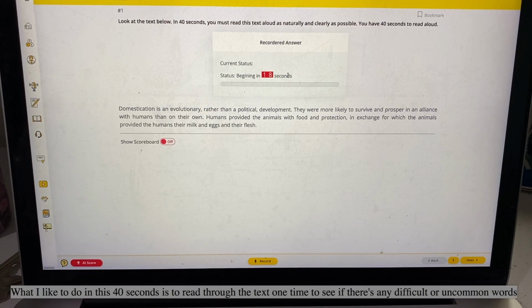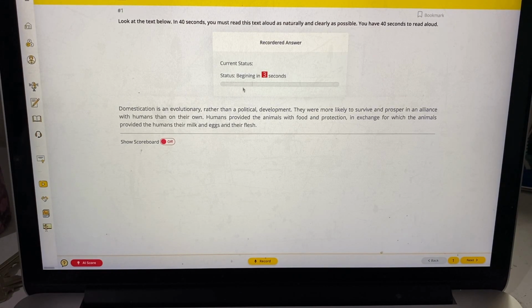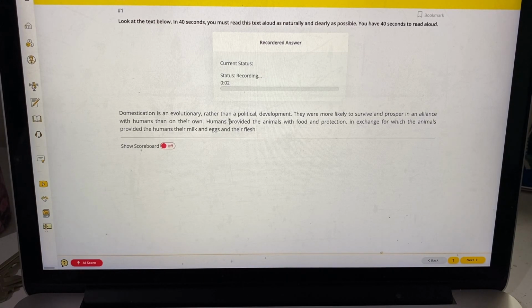So what I like to do in this 40 seconds is to read through the text one time to see if there's any difficult or uncommon words. Then I'll go back and read through those words one more time to assure these words won't disrupt my fluency later. For example, domestication is an evolutionary rather than a political development. They were more likely to survive and prosper in an alliance with humans than on their own. Humans provided the animal with food, protection, in exchange for which the animals provided the human their milk and eggs and flesh. Alliance,